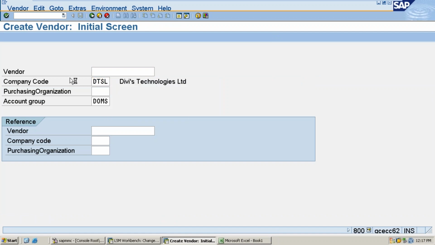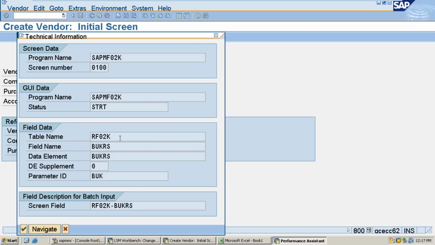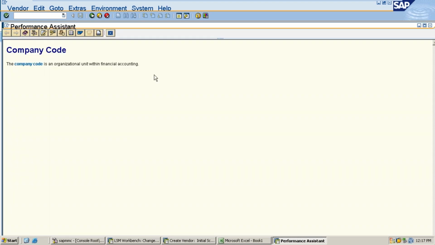See here what I'm going to do. This is not the way I'm going to do it. Click here, take the BUKRS field name, the characteristic and numerical length, all these things. It is very difficult to maintain the fields like this to identify the code and name. I'm going to tell you a shortcut key. I'm just telling you all the ways available in the system, then I'll tell you the best way to go ahead.